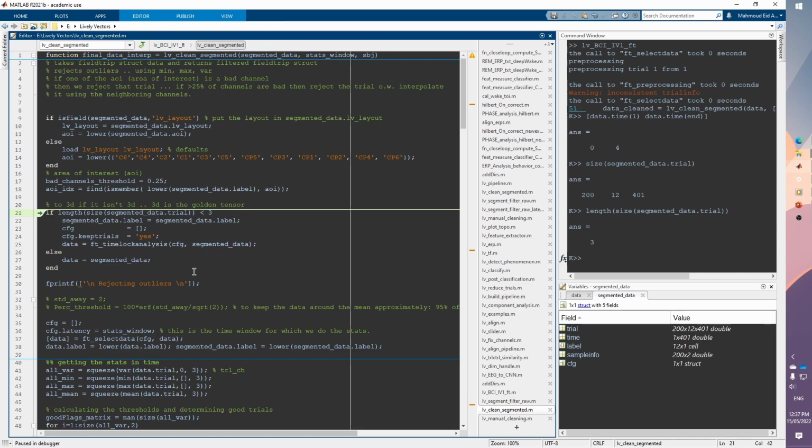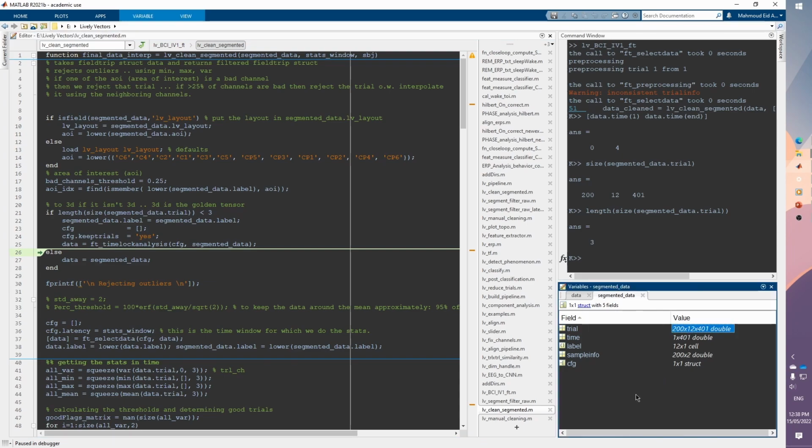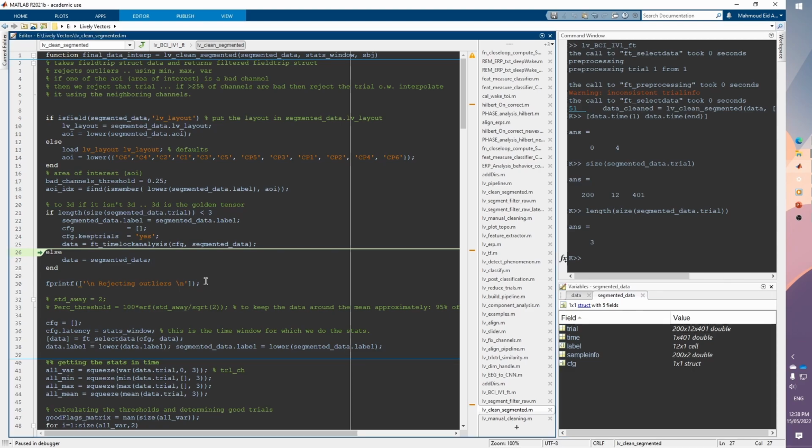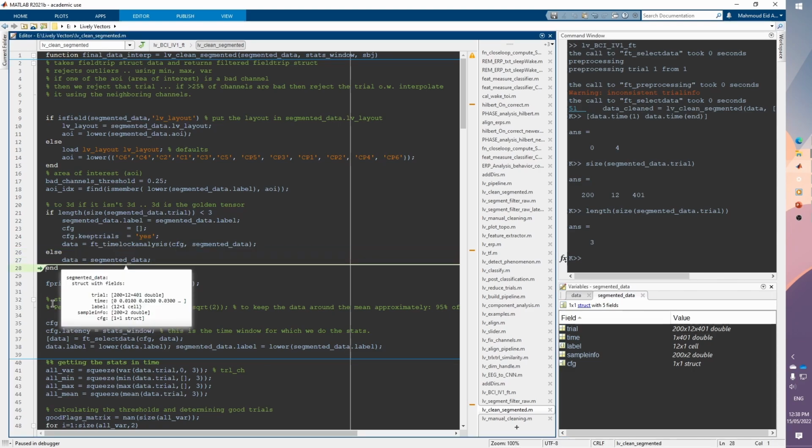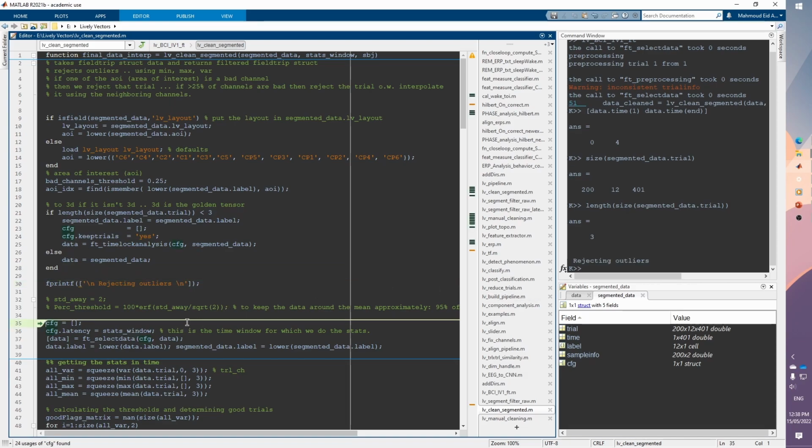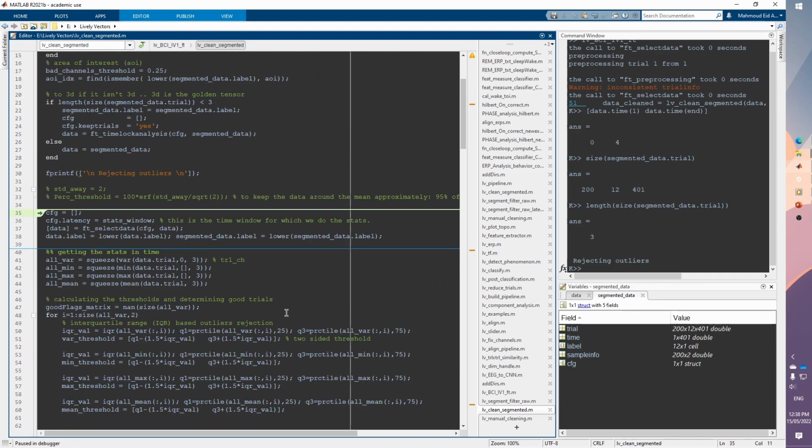If it is not in 3D format, I'm going to change it using the time lock analysis from FieldTrip. What this will do is put our data in the 3D format. I also have a lively vector function to do this, but this is achieving the exact same functionality. So instead of having trials as a struct, we have it as one tensor like that, including all of our dimensions. So right now I'm just copying this inside data